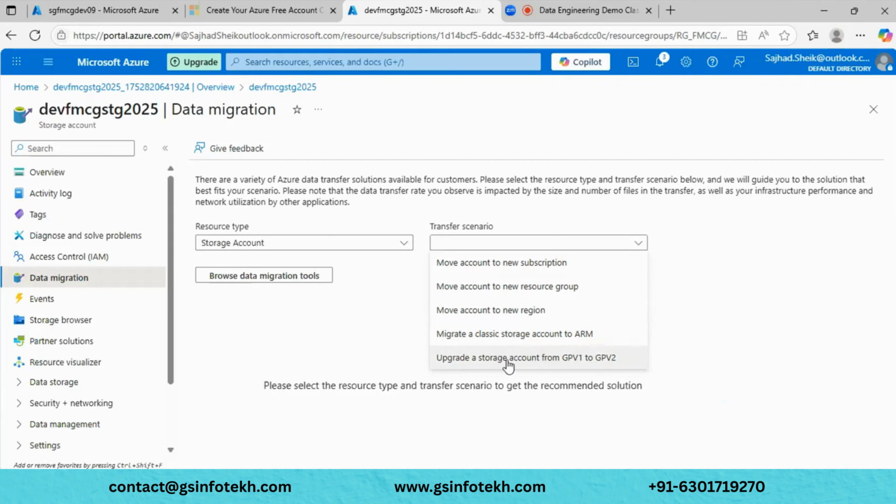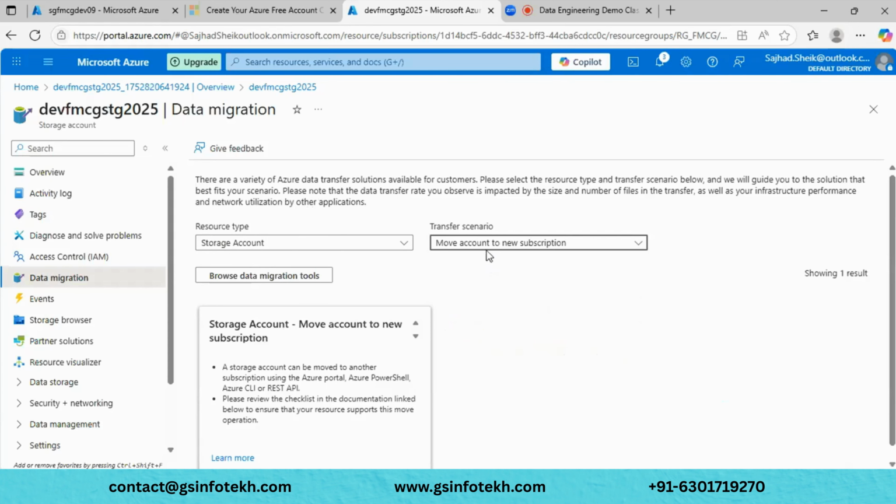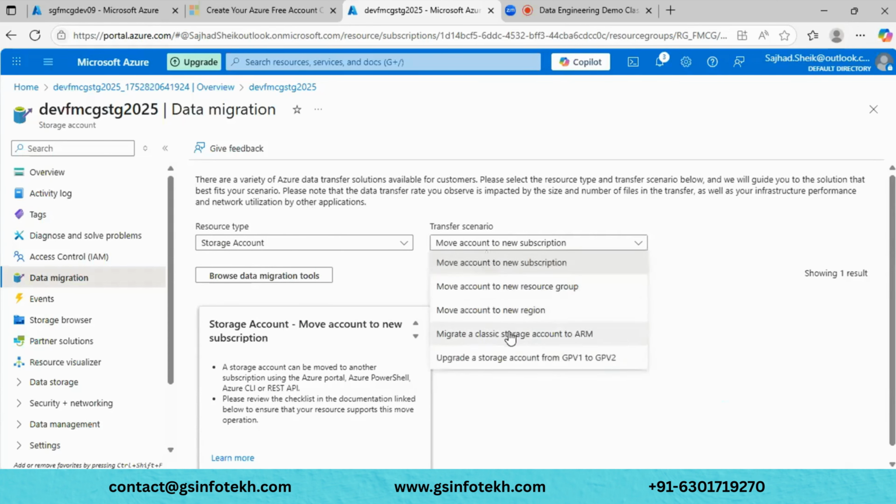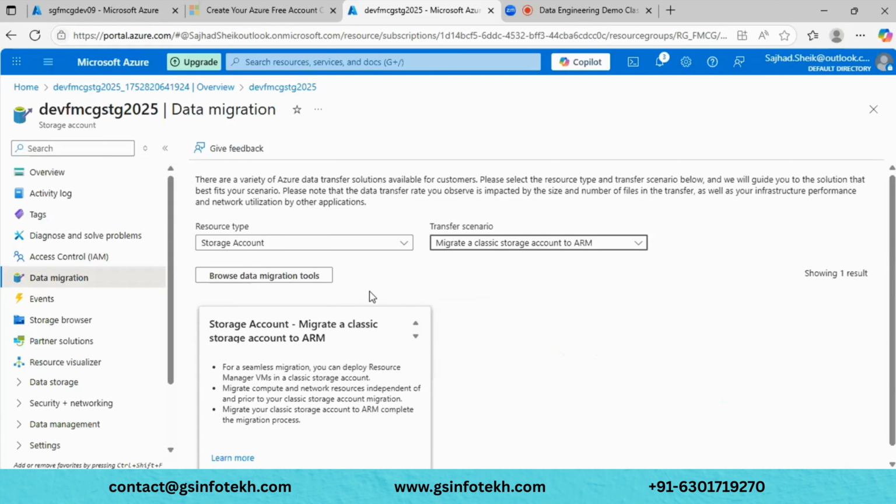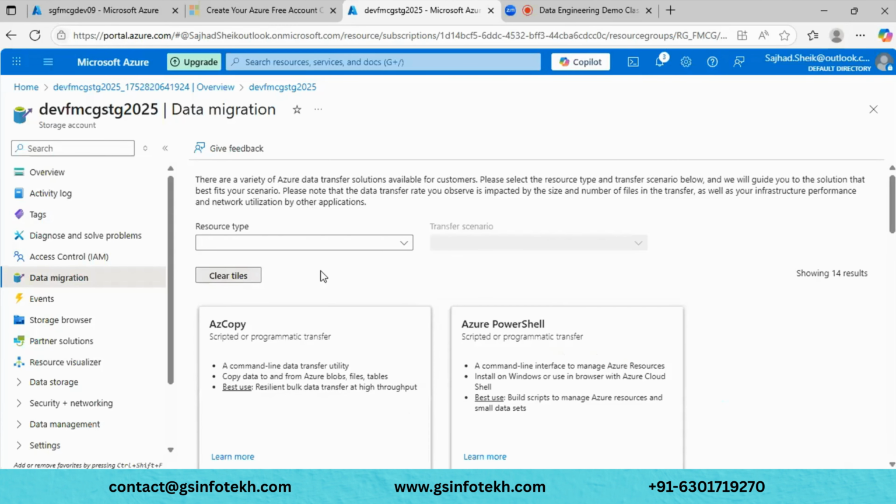If you choose this option, let me select something like ARM, Azure Resource Manager from Classic. Okay, and here if I click on this,